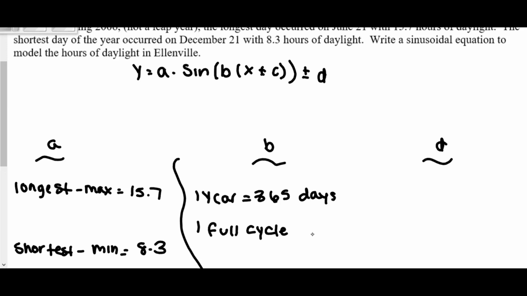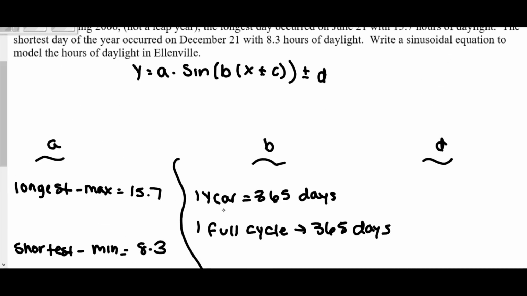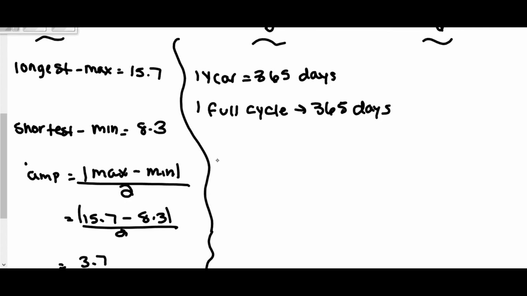So one full cycle occurs over 365 days. So are they giving us our B value or are they giving the period? Well, they're giving us the period because they're telling us one whole cycle occurs over 365 days. So since they're giving us our period, we can use that to find the B value because we know that